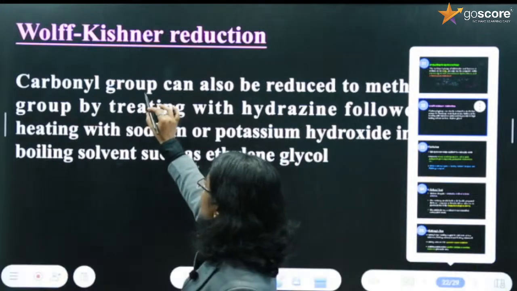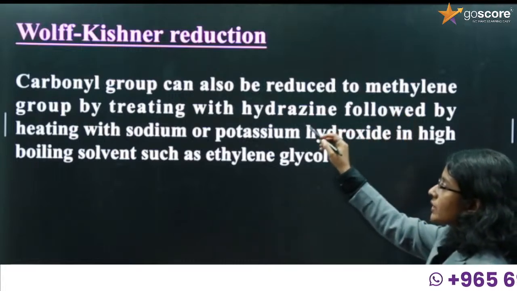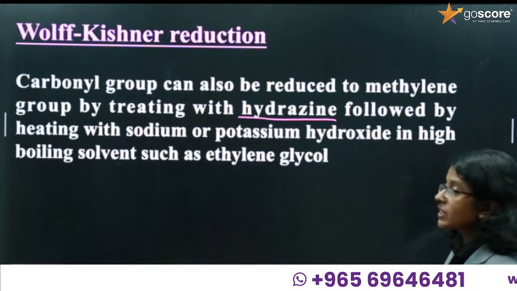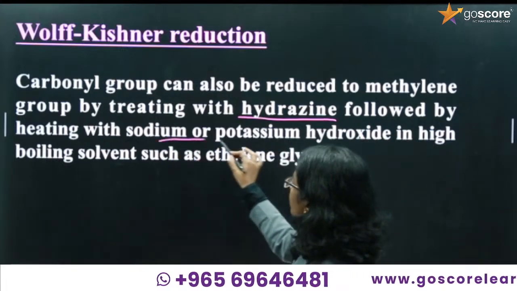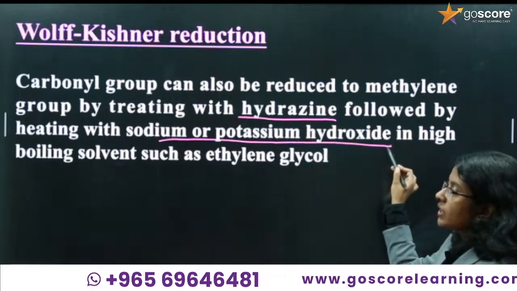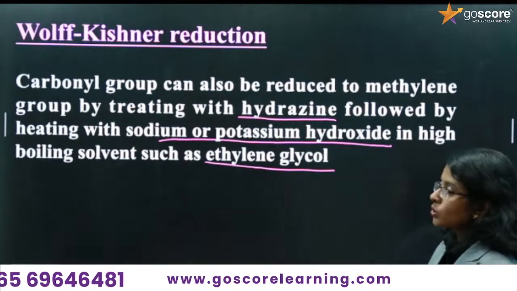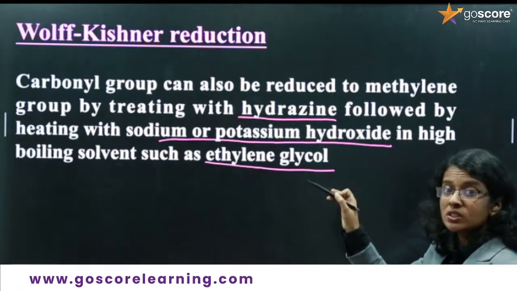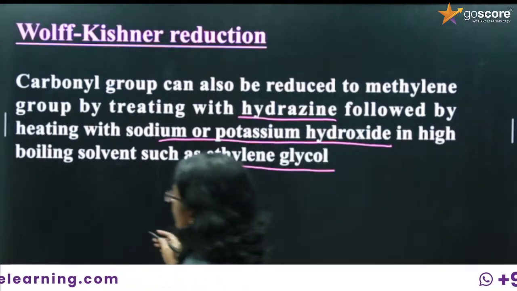Here the carbonyl group can be reduced to methylene by treating with hydrazine, followed by heating with sodium or potassium hydroxide in ethylene glycol. So here we are using base, whereas in Clemmensen reduction we are using acid. So the reaction will be